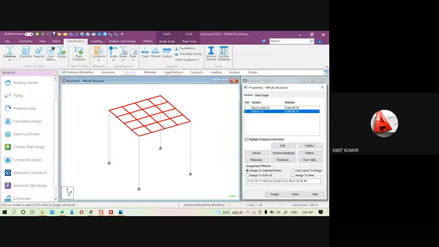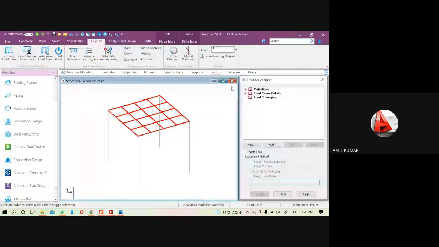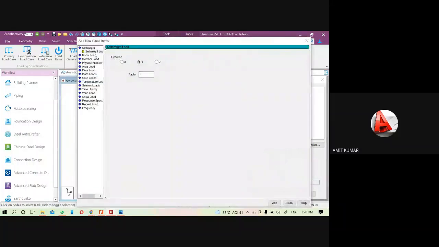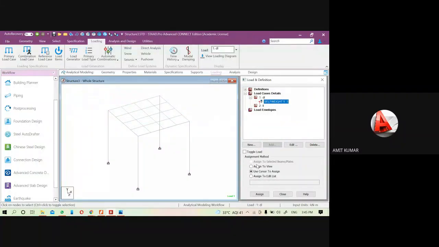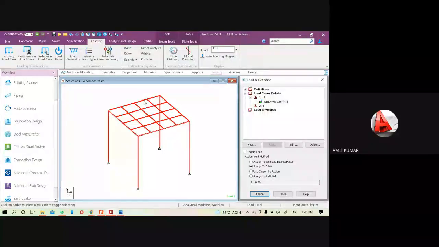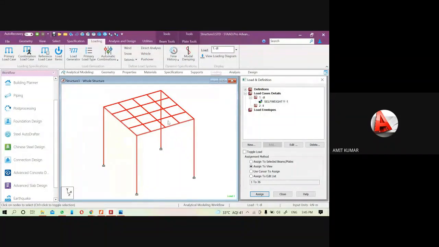Okay, now come to the loading. Under the dead load, when I use the self weight command and assign it to the view, you will see the plate is also selected because the weight of the plate is assigned here.